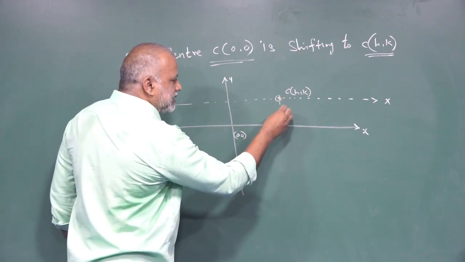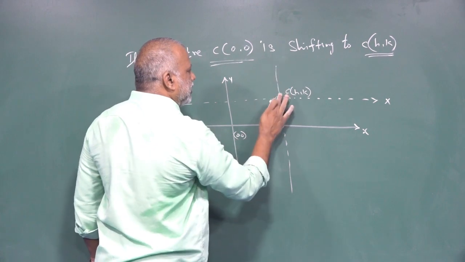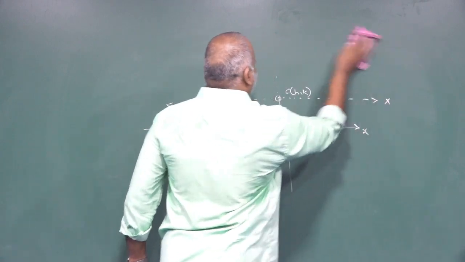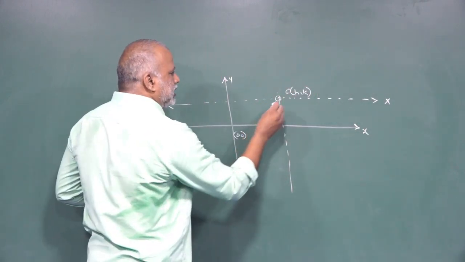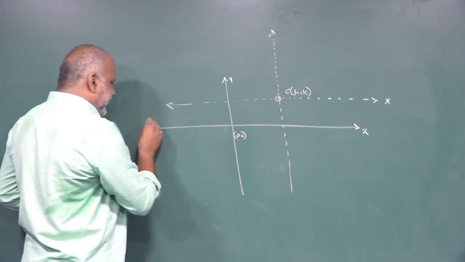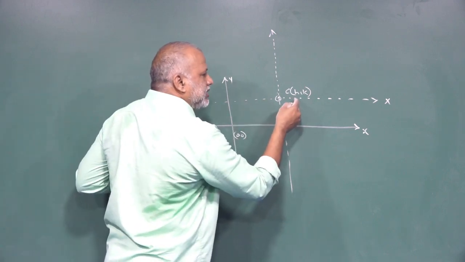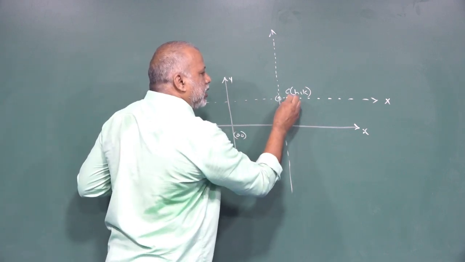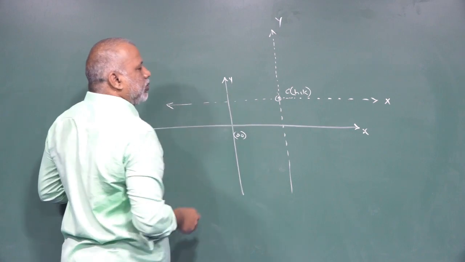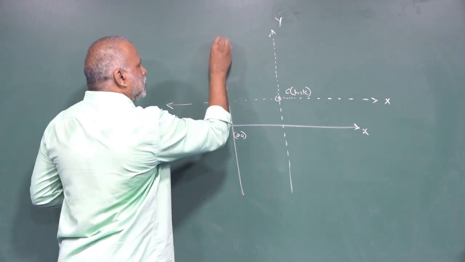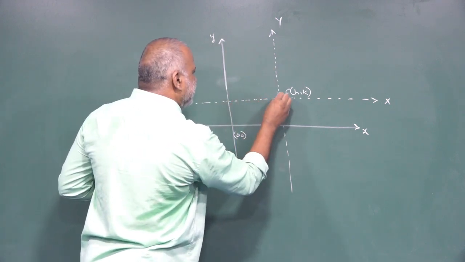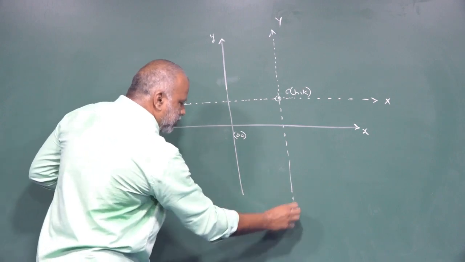So draw the new axis. We are going to draw the new axis. So I am drawing a new axis. This is the logic. Now we are working. So center is (0, 0) generally. In general, center is (0, 0). Instead of this center (0, 0), a new point (h, k) is taken. Then draw the parallel axes, capital X and capital Y, parallel to small x and small y. Now we are going to always see these dotted lines denote capital X and capital Y. Then thick lines refer to small x and small y.